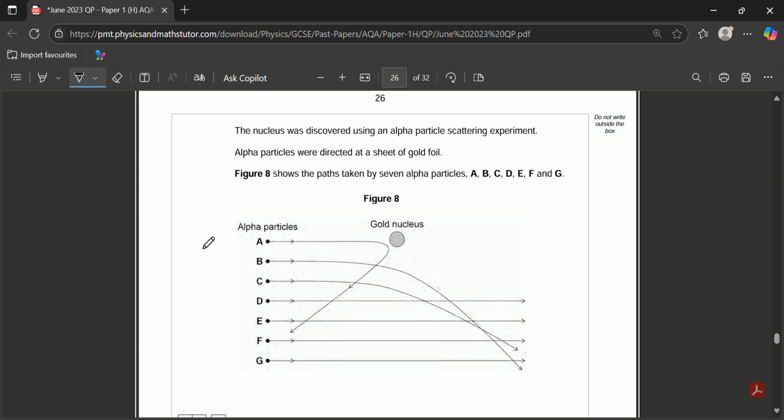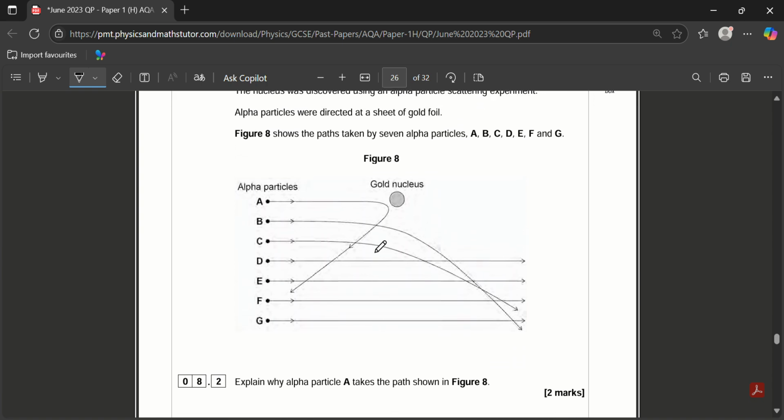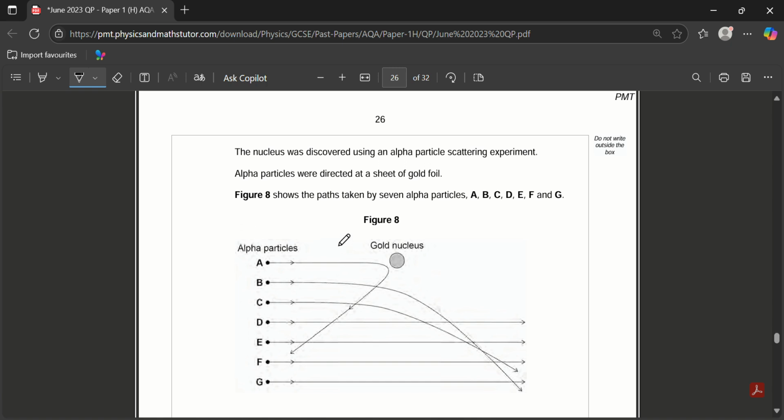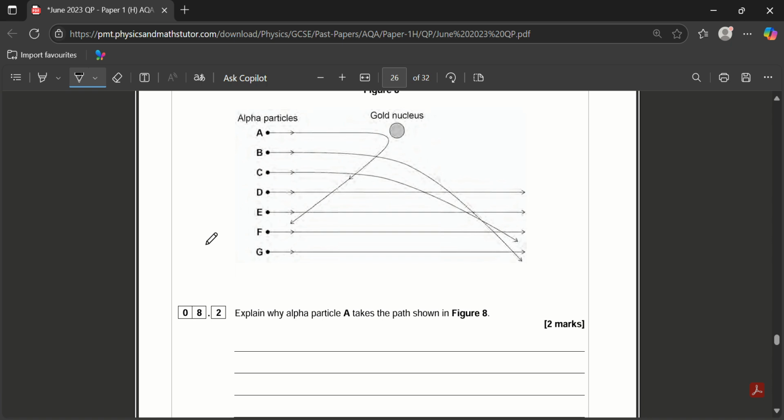The nucleus was discovered using an alpha particle scattering experiment. Alpha particles were directed at a sheet of gold foil. We have alpha particles A through G, and we have a gold nucleus up here. Explain why alpha particle A takes the path shown in figure 8. As you can see, alpha particle A is deflected from the gold nucleus, and it appears to be being repelled. And we know why it's repelled. It's because both the alpha particle and the